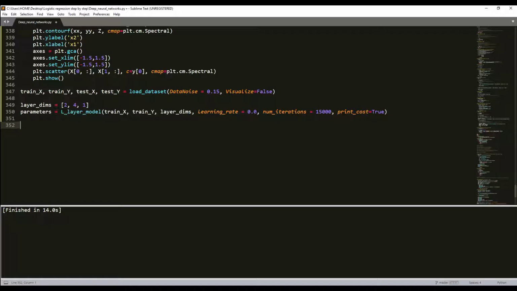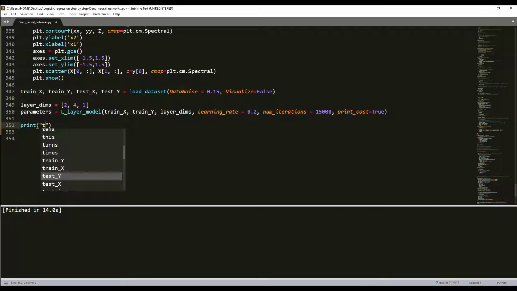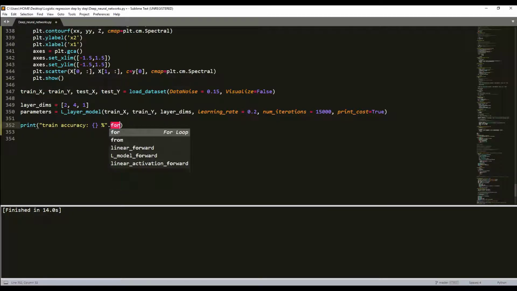So here we have our model training, and what we need is to print our accuracy. So what I would use is train, and here will be train accuracy of something in here, and now it will be as format 100 minus numpy mean of numpy abs